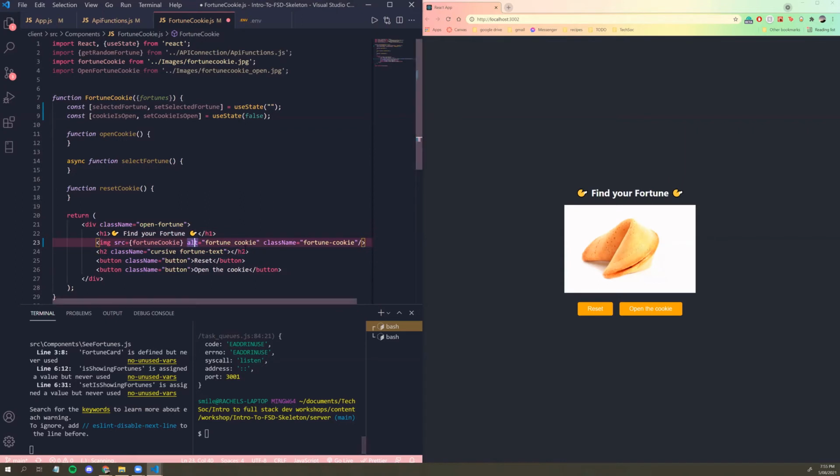I've lost myself. Okay, so let's display things based on our states. State, like I said before, is kind of like a variable for the current state of our component. So if a cookie is open, then maybe we want a different image to show, and we want the text of the fortune to appear. So what we can do